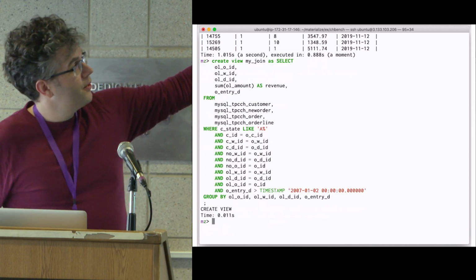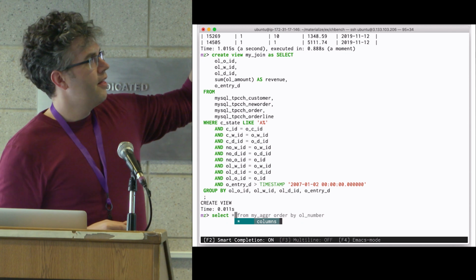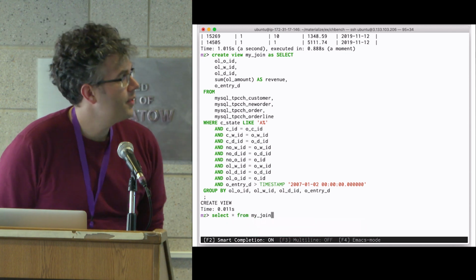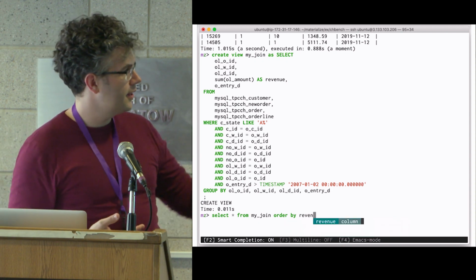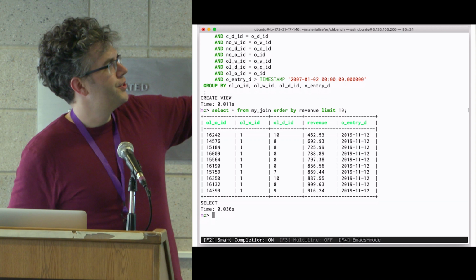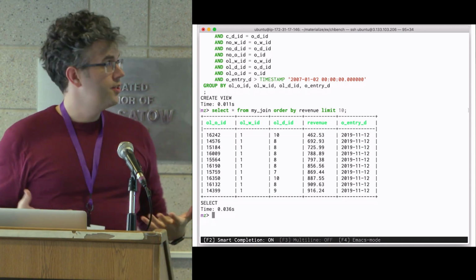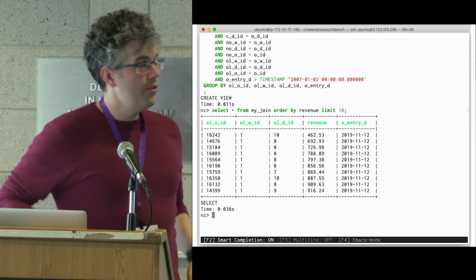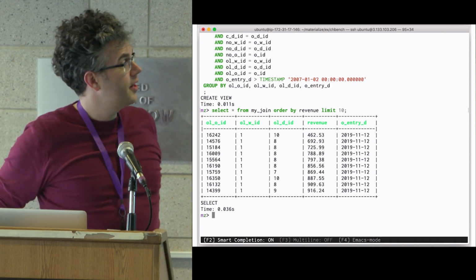But we do exactly the same thing, create a view, my join up here, that is the exact same query. And now pulling out fresh results from this join, there's about 300 results in this join, so we're going to try to limit it down to a small number. It's again now tens of milliseconds to pop the data out. Even though the join is this weird 4-way join that involves a bunch of data shuffling and moving stuff around,